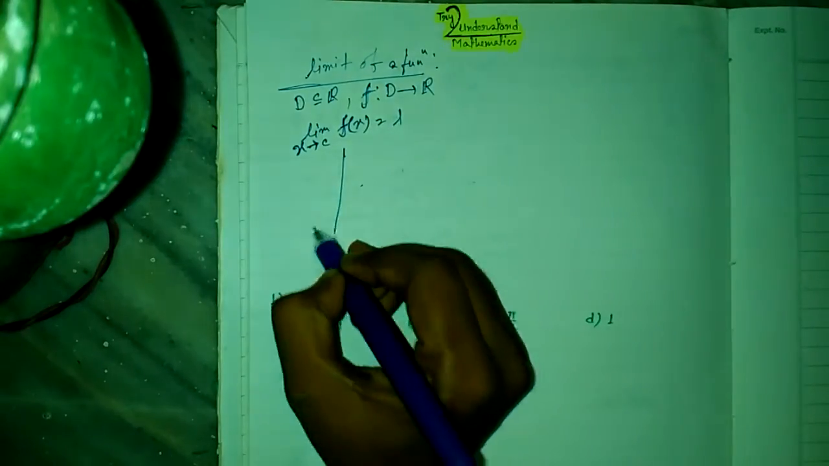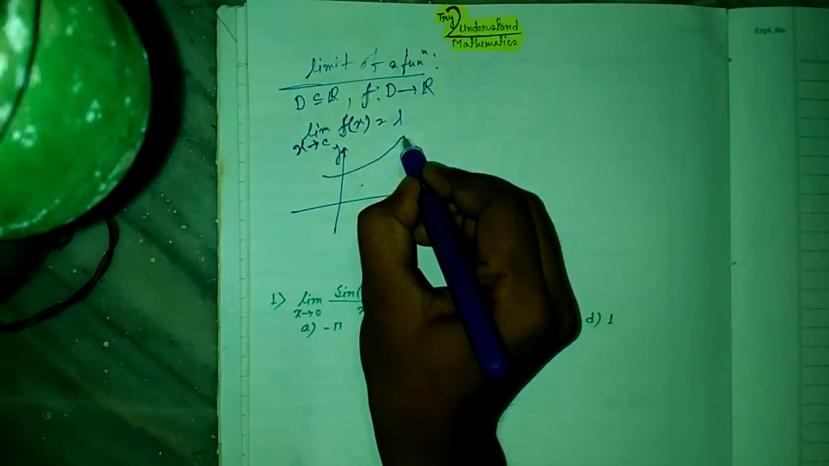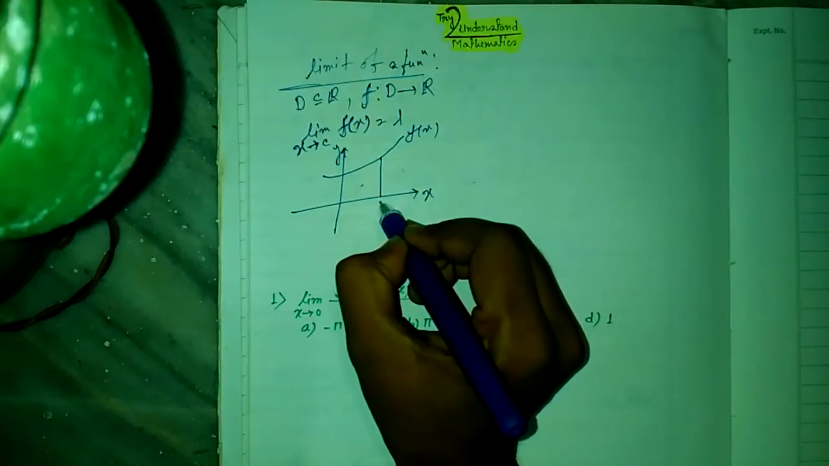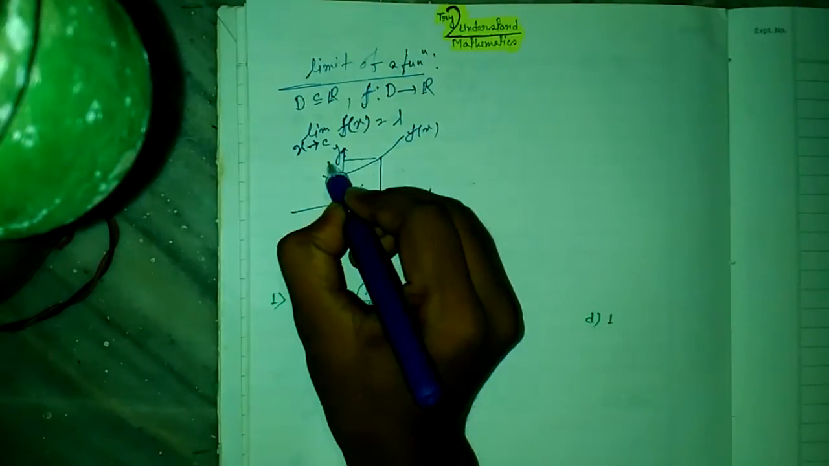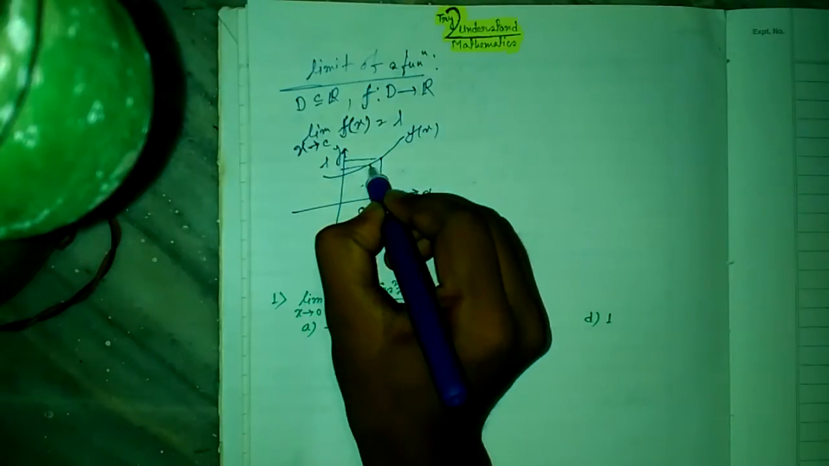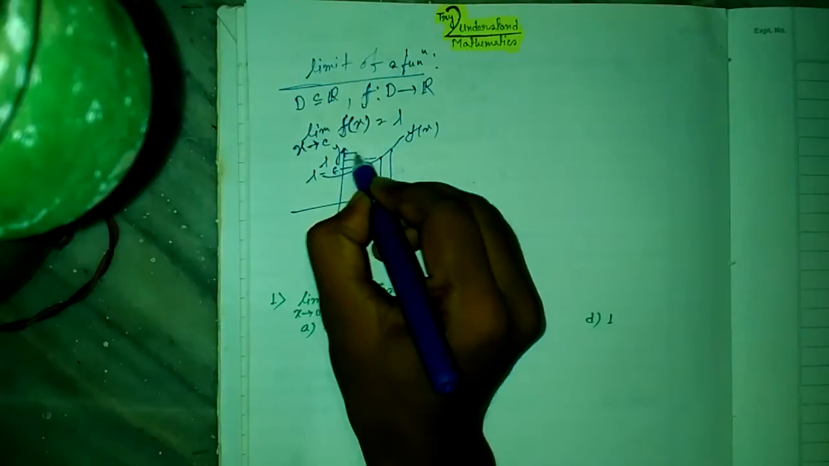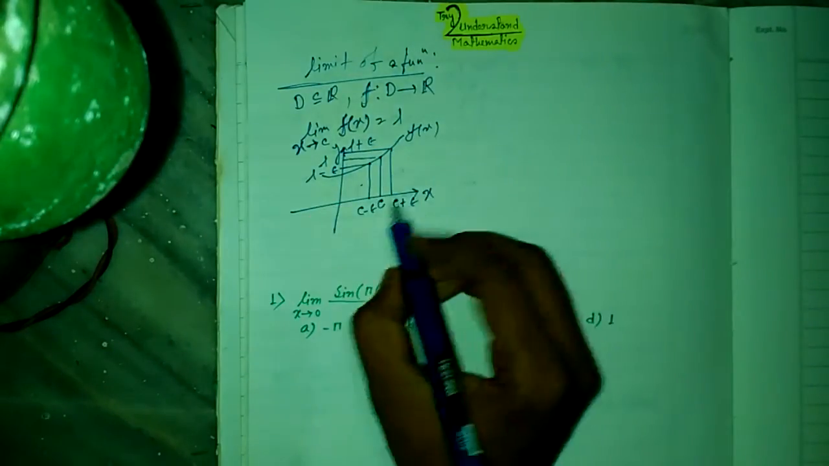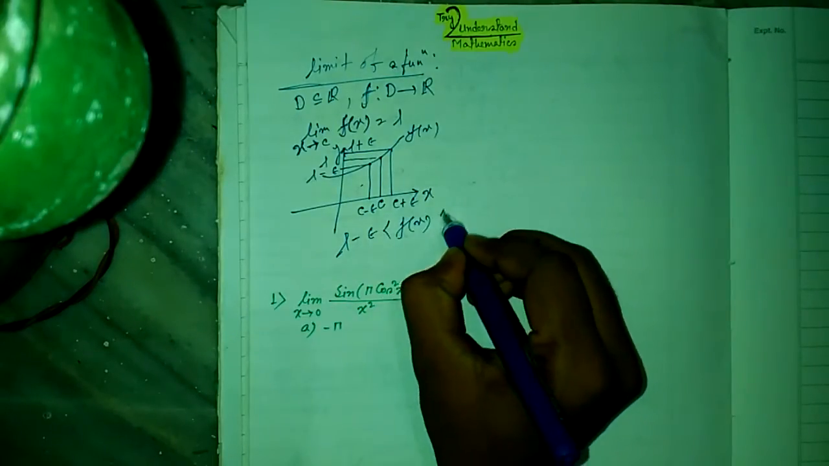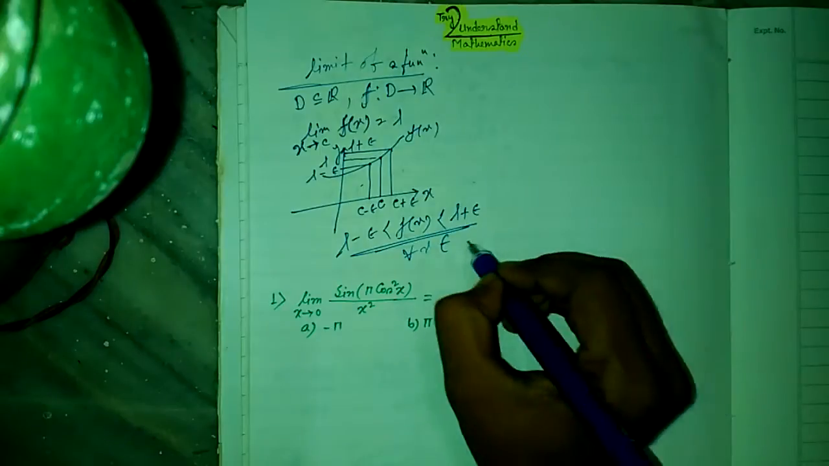What is the physical interpretation? When we draw this picture, suppose this is f(x), when x equals C, this value will be L. When x is C minus epsilon, this will be L minus epsilon. When x is C plus epsilon, this will be L plus epsilon. So here we see L minus epsilon less than f of x less than L plus epsilon for all x belongs to